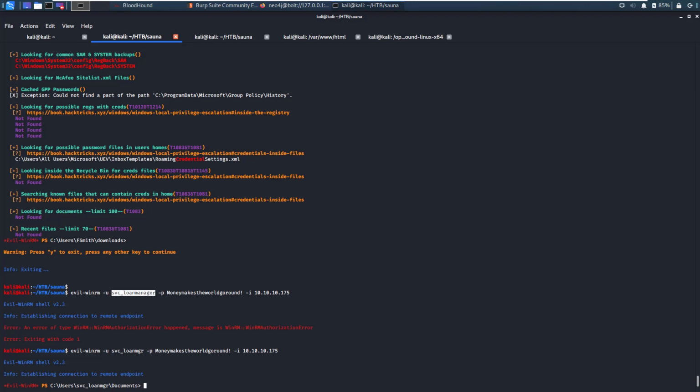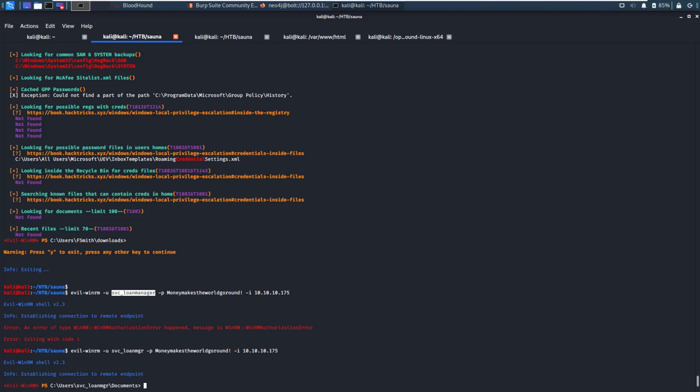So now we're sitting at slightly elevated privileges. It's kind of a user 1, user 2 scenario, but that's not quite enough. We do know that it's got the DC sync rights, which allows it to go out and pull information about other users. So this is a big weakness, and this is where we get into two different methods. You can either use Impacket's secretsdump, or you can use Mimikatz. Since we're already sitting here at the service loan manager account, we're going to go ahead and start with Mimikatz, and then I'll go back and show how you would do it if you're going to do it straight from a Kali or any other